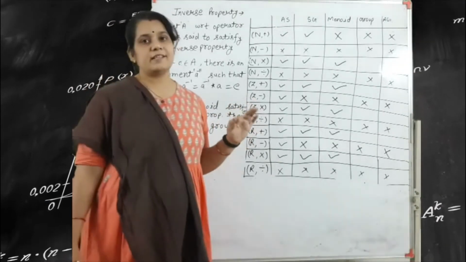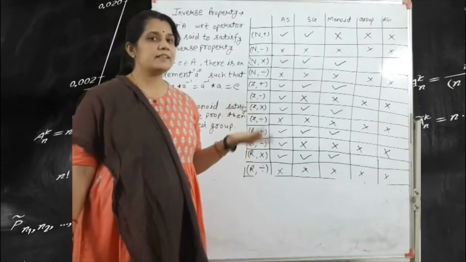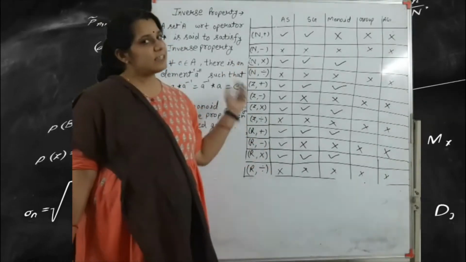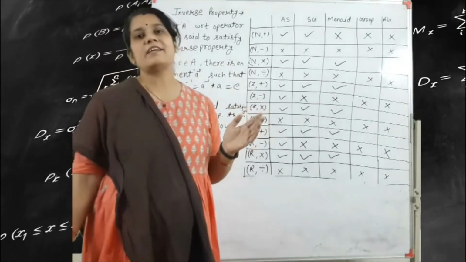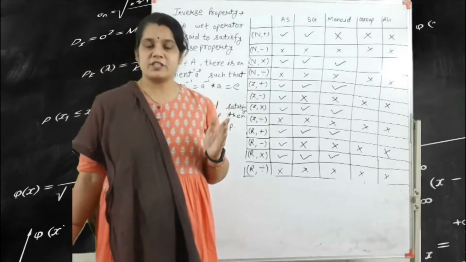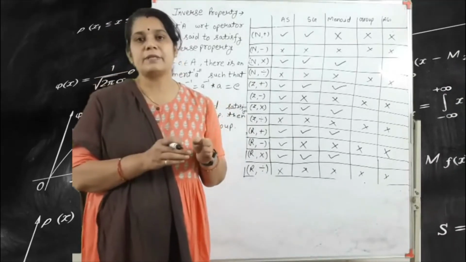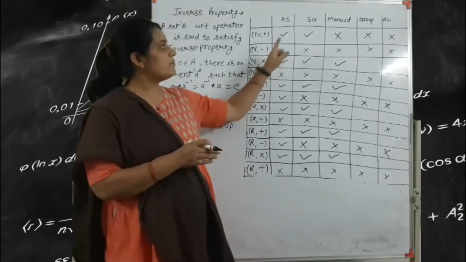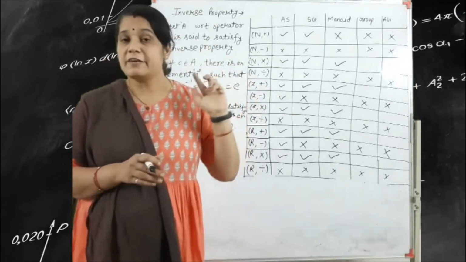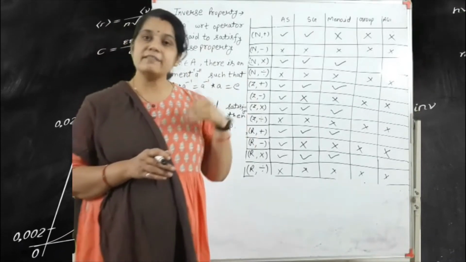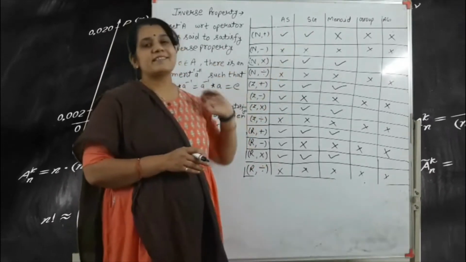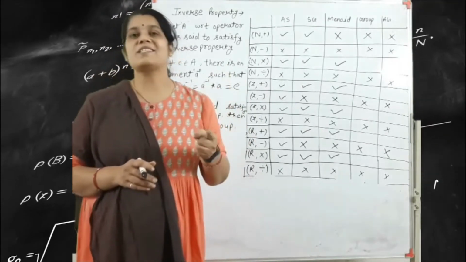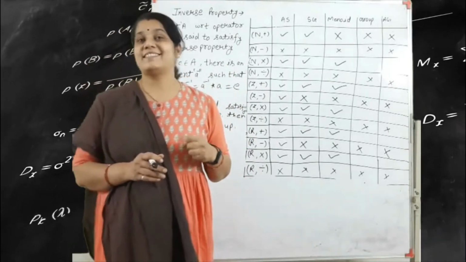So why do we write monoid here? Because monoid means the identity property, and in the monoid we write the semigroup, and in the semigroup we write the algebraic structure. That means if it satisfies the algebraic structure and the associative property, then we can say that this is a semigroup. If it satisfies the semigroup and the identity property, then we can say that this is a monoid. And if it satisfies the monoid and the inverse property, then we can say that this is a group.